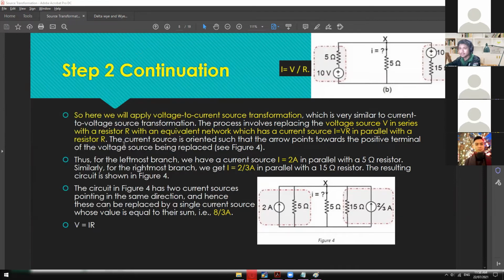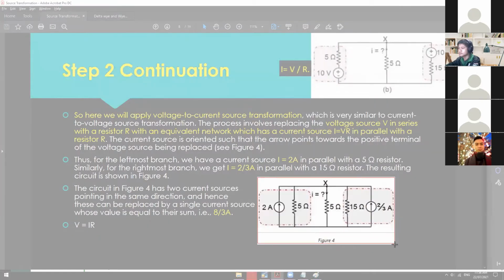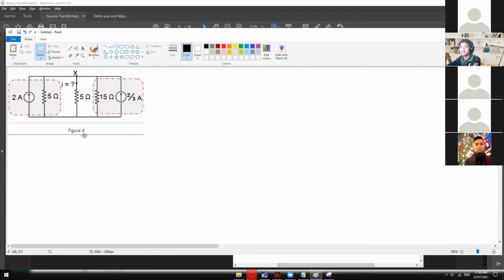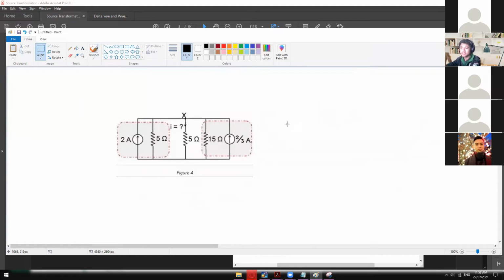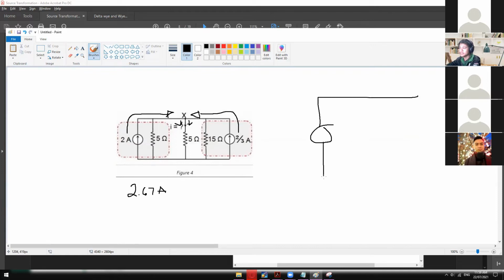As you guys can see, we can easily add a current as long as they are in the same direction. One thing that you will notice, our left side current is flowing from here to there, and then it will eventually flow on this node right here. And then this current will flow right here, and then it will eventually flow on this node right here. So they will merge as one current. So 2 amps plus 2/3 is equal to 2.67 ampere. So we could say that our current source right here is 2.67